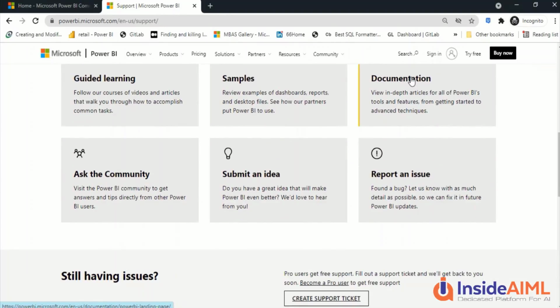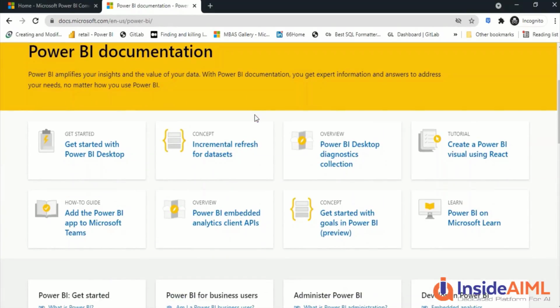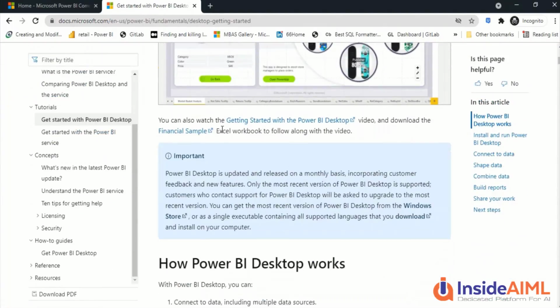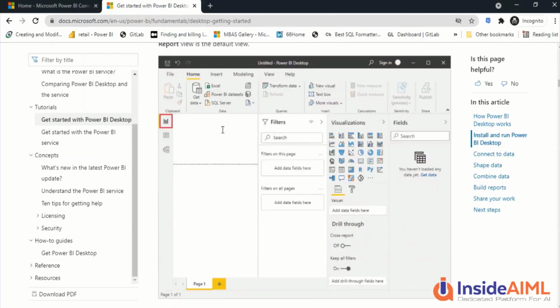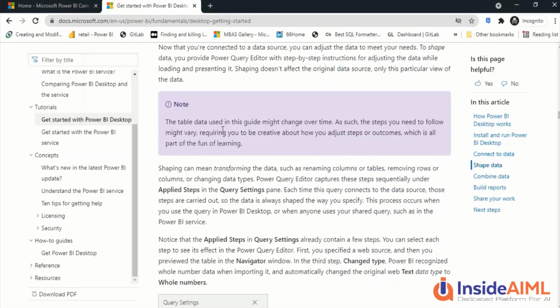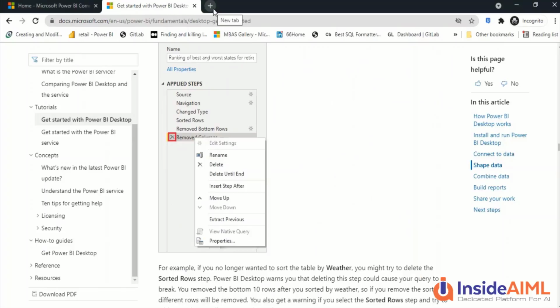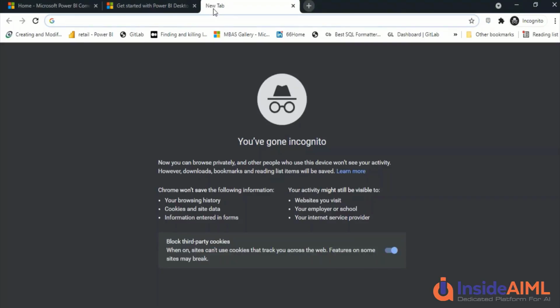And usually what happens on this website, if there is some known issue, it would be listed out there. Typically there is a monthly release for Power BI, and if there is some issue at that time, it would have the list of that. Other than that, you have the documentation which is available, various links for how to get started with Power BI Desktop. You can go down there and you will find various stuff, the installation steps and everything which we might have shown to you. You can again get it there. This is a comprehensive document from Microsoft, and one of the very good documentation available for Power BI. So go ahead and take advantage of this documentation.